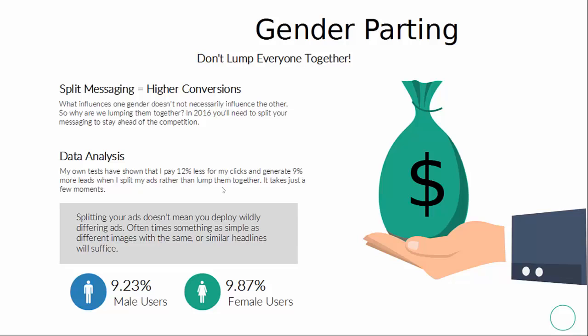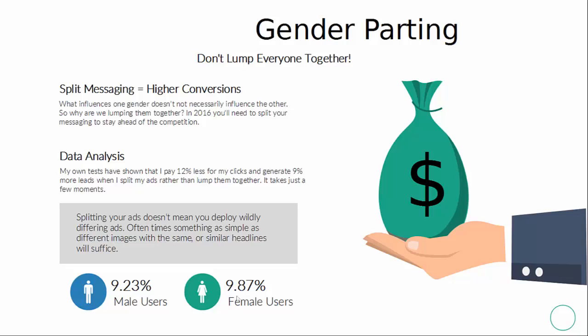See, let's say that I run one particular ad that's working well for one gender but not for the other. As we well know, Facebook decides how much you're going to pay on a cost per click basis based on what's called your CTR rate. That's your click-through ratio. The higher your click-through ratio, the less you get charged per click. The lower your click-through ratio, the opposite is true. The more you're going to be charged. So let's say that I have